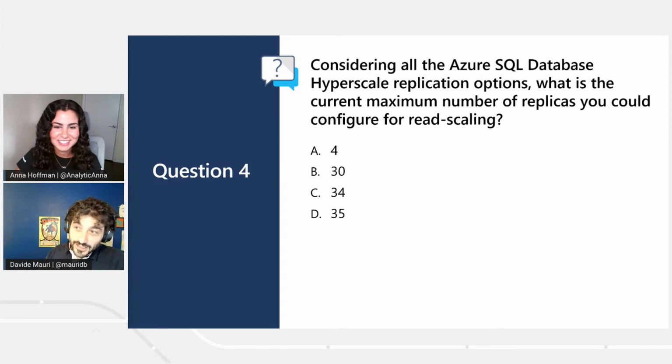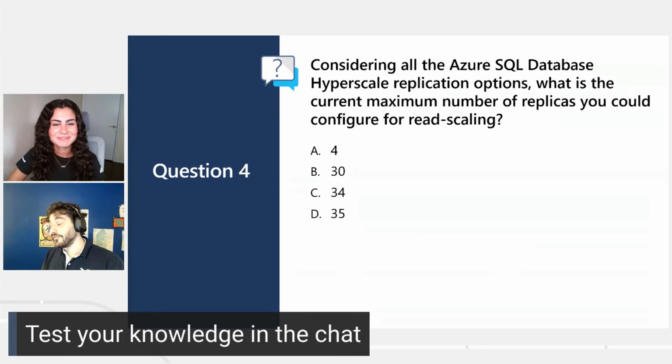So if we also consider all the options we have, and that's the tricky part, I would say, if we sum the 1 geo replica plus the 4 HA replicas plus the 30 named replicas, you can have 35 replicas used for read scaling, which is pretty impressive. If you think that each replica can go up to 80 vCores, you probably have several thousand vCores just for your database, which I guess should cover pretty much even the biggest customer we can imagine